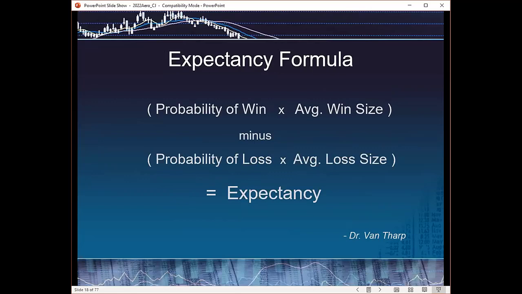Well, here it is. Expectancy, again, this is from Dr. Van Tharp, the late Dr. Van Tharp. It's a very simple math of the probability of a win times the size of your average win. And that product, you subtract from it the probability of a loss times the average size of a loss. And if the losers are bigger than the winners, you're going to have a negative expectancy. If the winners on the whole are bigger than the losers, you're going to have a positive expectancy. It's really that simple. But I never saw anyone who implemented these ideas with options.